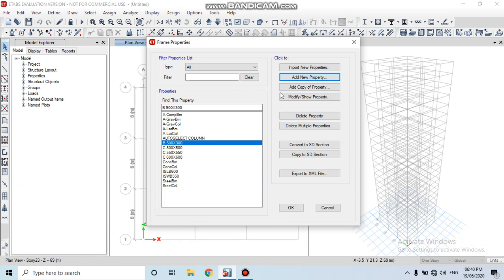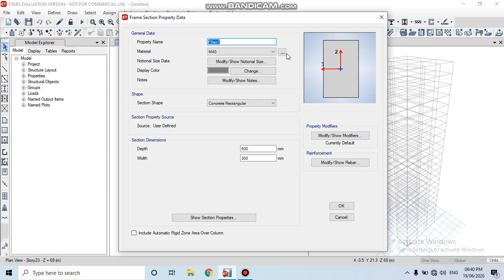Then add copy of property for another beam with a dimension of 550 into 350 mm.